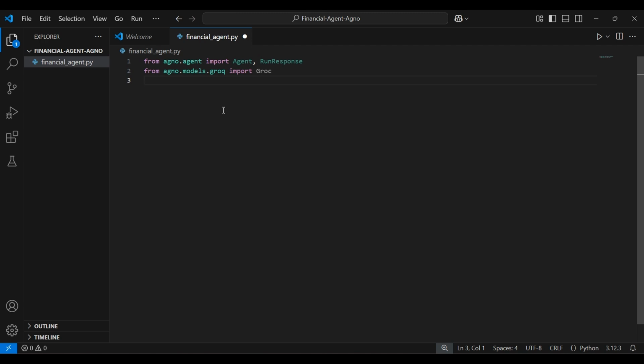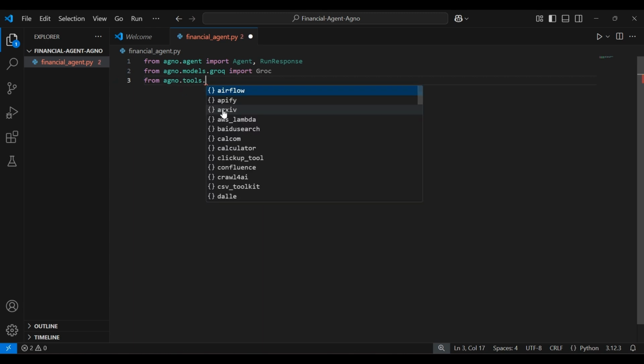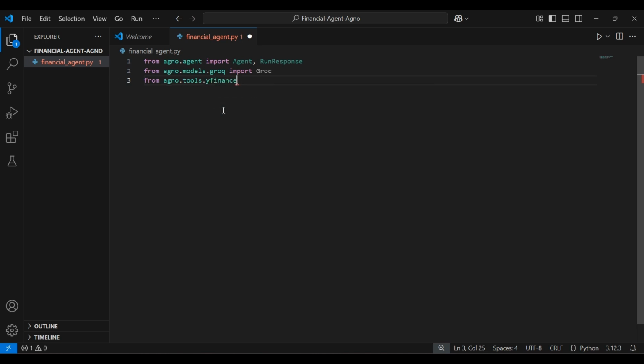The other thing we need is YFinance, so that we can get all the financial information about any stock or about any organization or company. So for that we will import from agno.tools.yfinance, and import